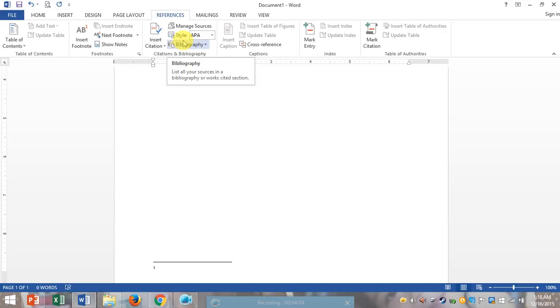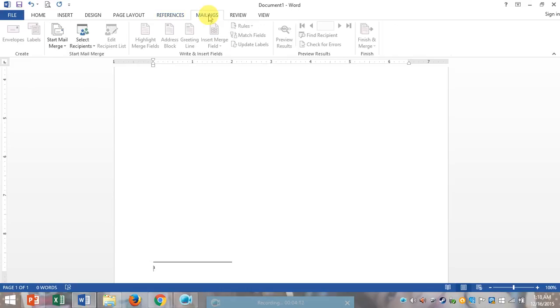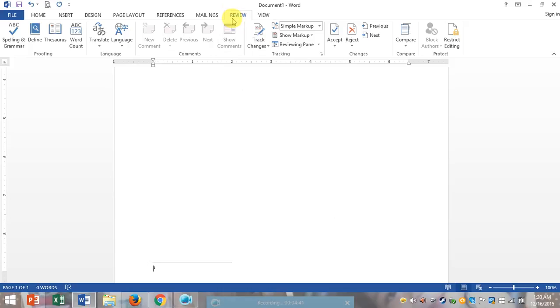And in this tab, you can use the mail merge features in the Mailings tab to quickly compose letters, address envelopes, and create labels. This is especially useful when you need to send a letter to several recipients. You can also use the Review tab to access Word's powerful editing features, including adding comments and tracking changes. These features make it easy to share and collaborate on documents.